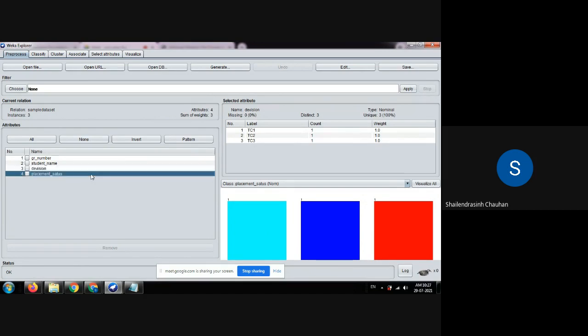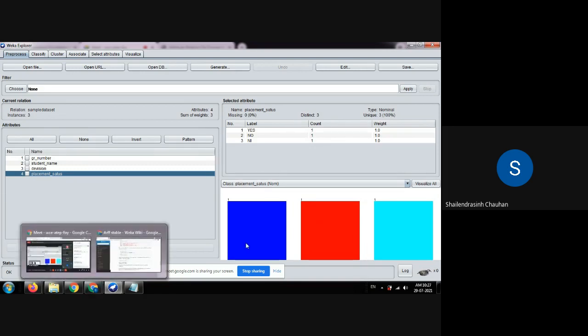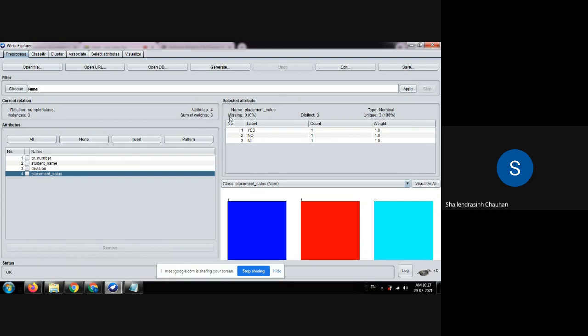For this also, the selected attribute is placement status, the type is nominal, missing value 0, distinct values 3, unique values 3, because all are appearing only once, no one is getting repeated. So that is how you can create the data set in ARFF file format, and you can load it